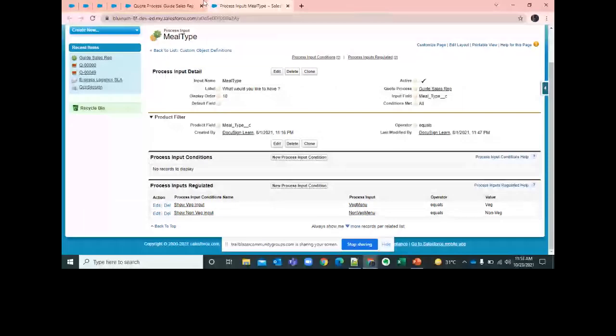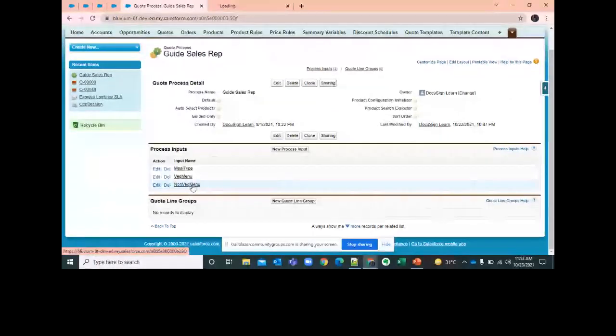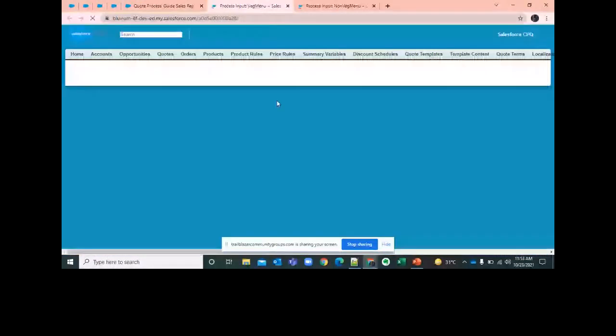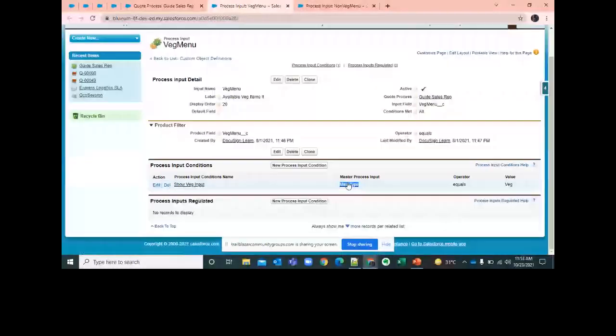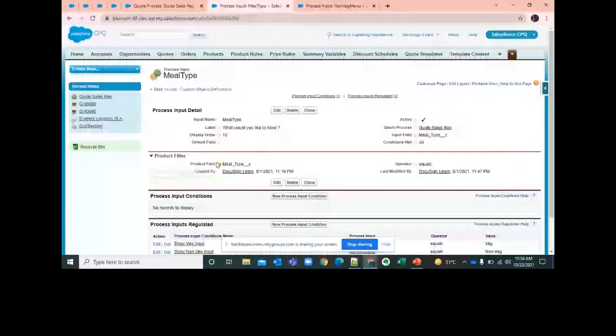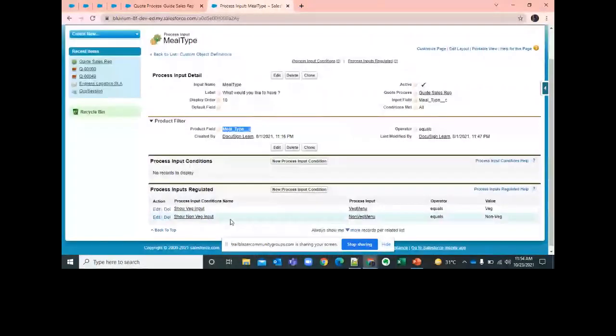As soon as you add input conditions to any process input, suppose this condition is based on meal type, this is the master process input. Whichever is the master process input, the inputs regulated records get created for it.